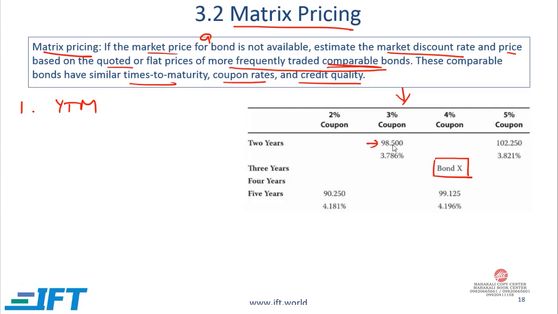If you consider this bond, 2-year bond, 3% coupon, based on this price you can come up with the YTM. Similarly, for the other bonds given, you can come up with the YTM using the price. The second thing to do is come up with the average yield for the 2-year bonds. We have these 2-year bonds. The yield for this bond is 3.786%, and this is the yield for the 5% bond. Take an average of these two numbers and you will get